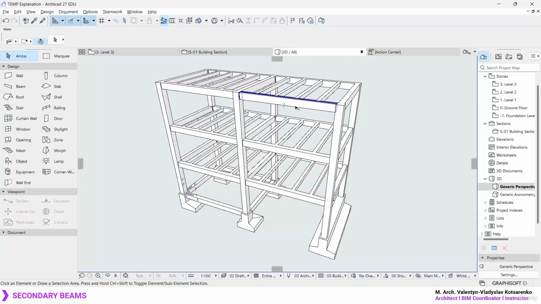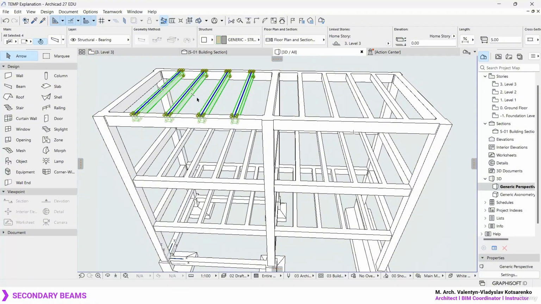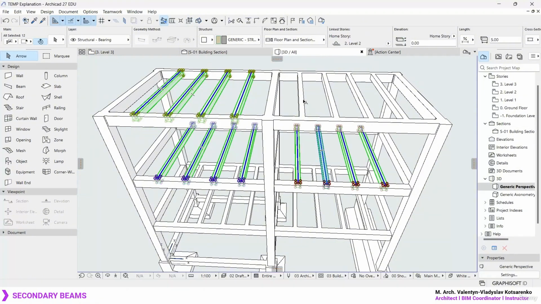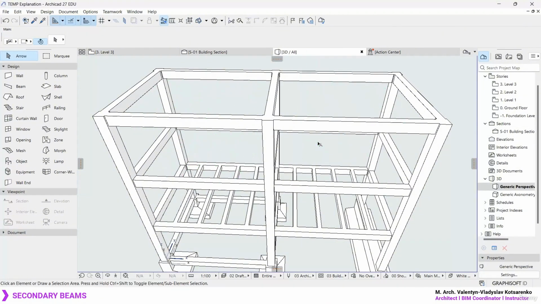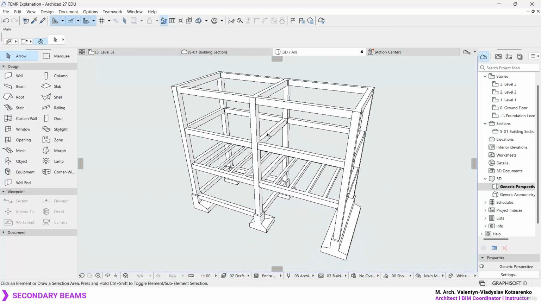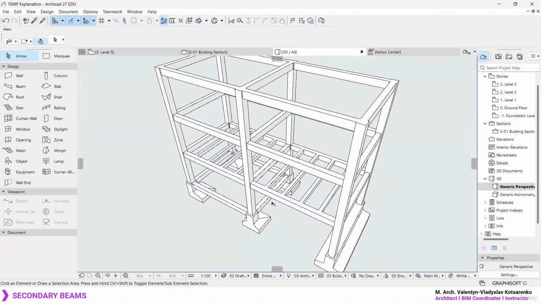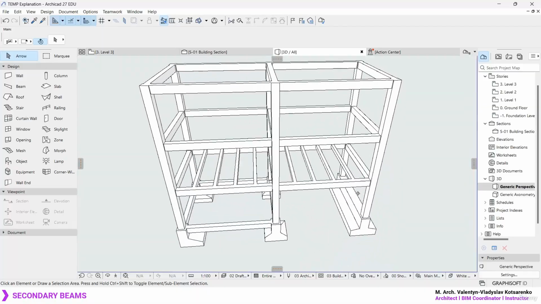Let's press OK. Okay, so everything's looking good. And now let's select the secondary beams over here, and on all of these quadrants here, and simply delete them because they are not necessary later on. And now we can say that pretty much we are done with the base structure we require for this experimental